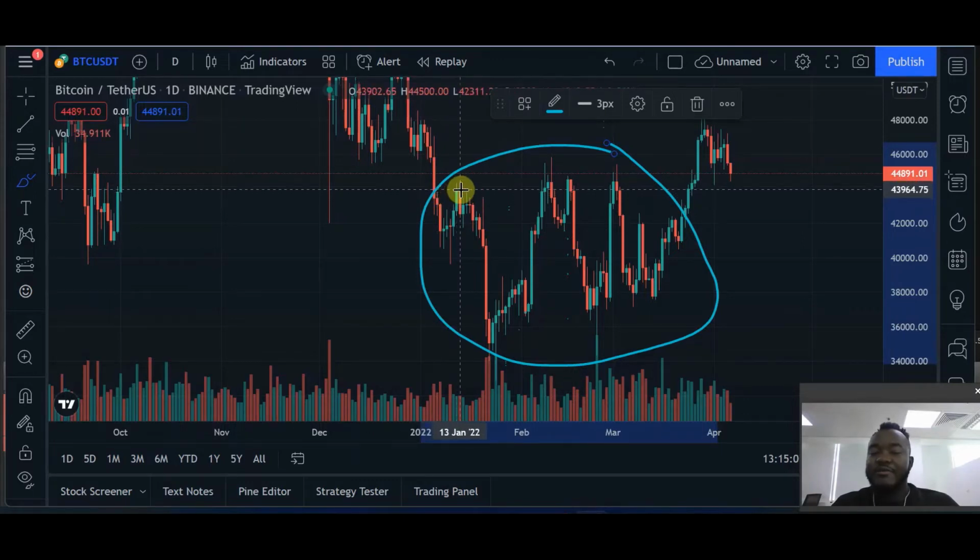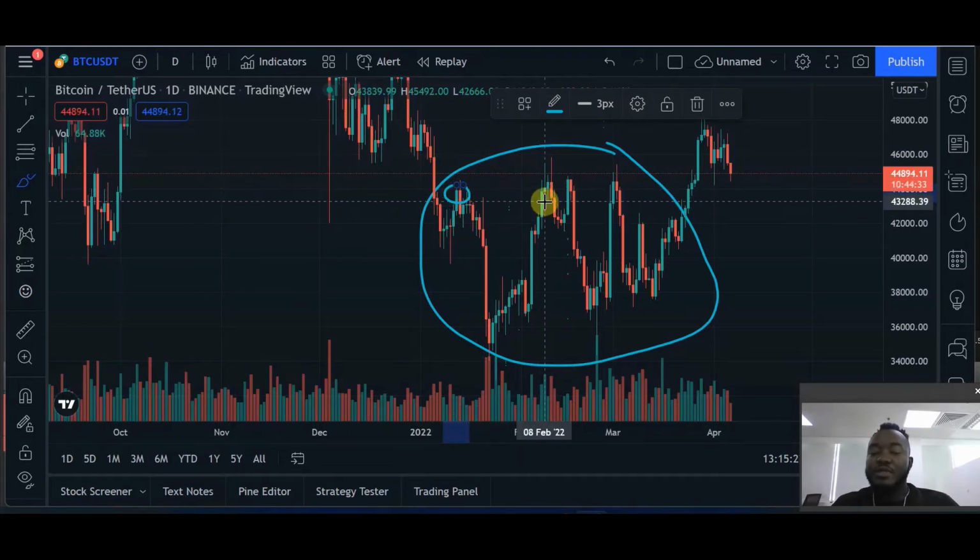Now here comes a thing. Look at this area. Can you see this area? Can you see when this dump started? This dump starts from this area. Okay, this dump started from this area. So when this dump started here,